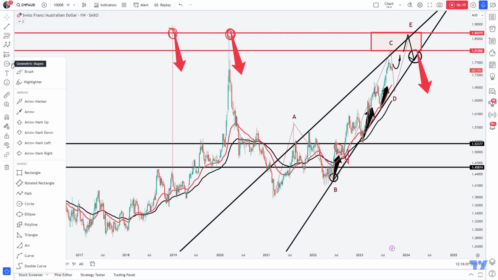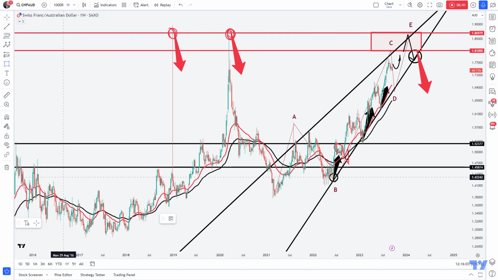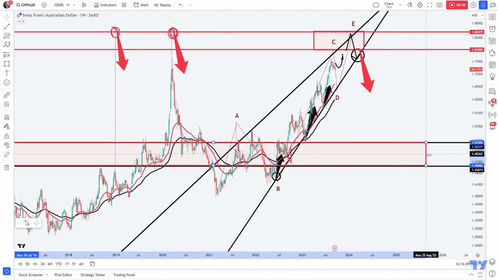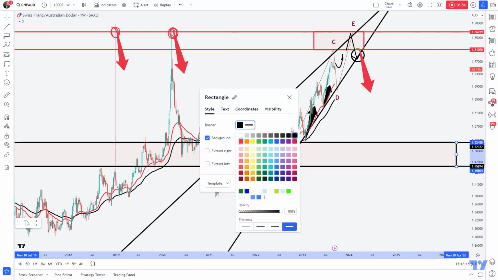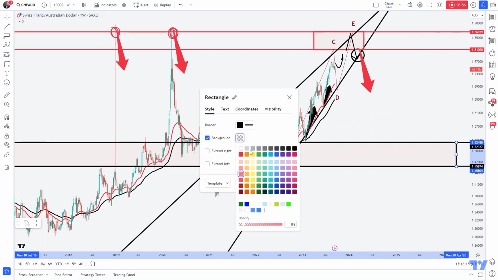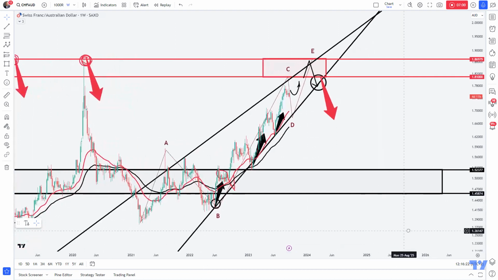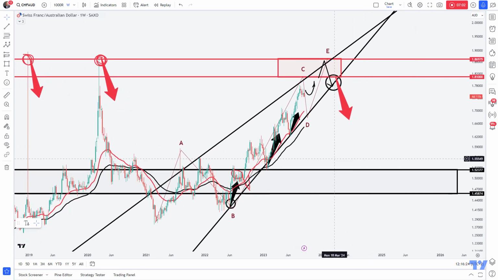the £1.45 and the £1.52 level. These are the major levels that are the main supports within this whole structure. These are the main support levels, and once CHF AUD has reached these levels, it will be actually important how CHF AUD